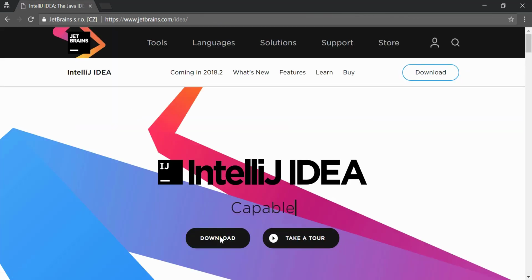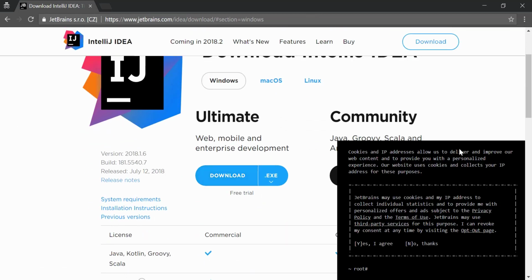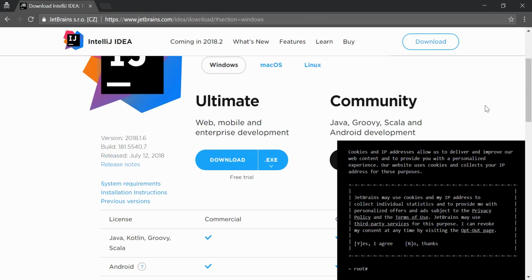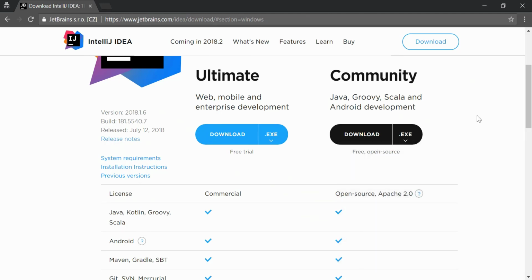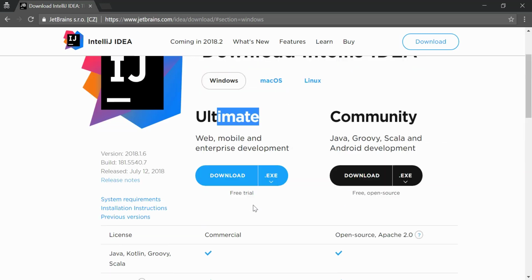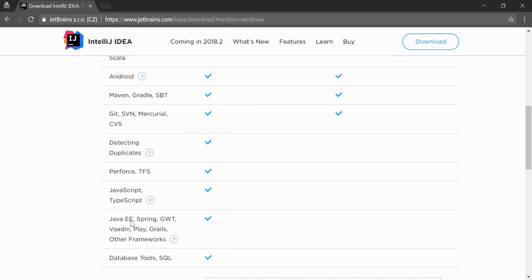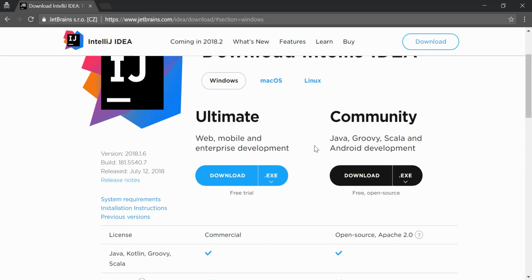So next you click on the download button. There are two versions, as you can see. Alright, I would click on I agree to use the cookie. There are two versions, the Ultimate and the Community. For the Ultimate, you will need to pay for it, as it provides more functionalities compared to the Community version. At the moment, you don't need to care too much about the Ultimate version. You can now click on the Community to download,